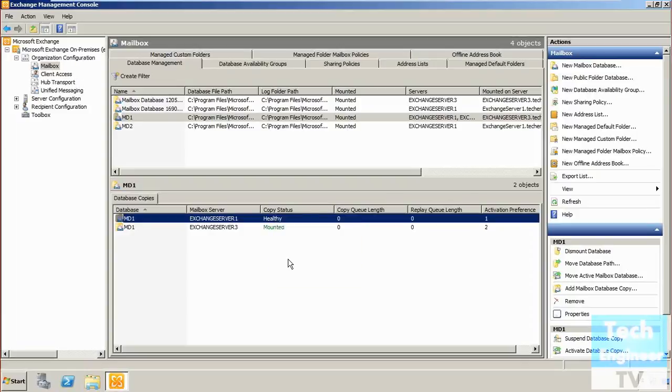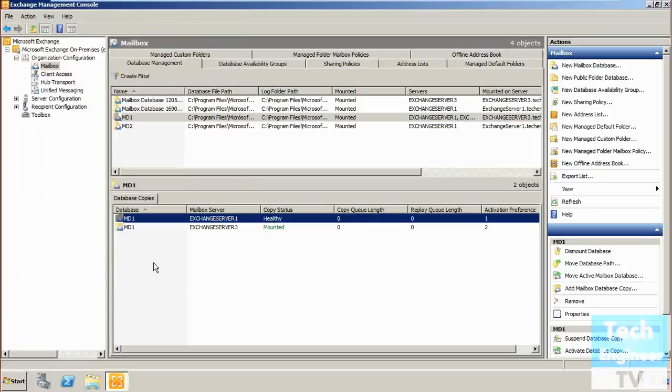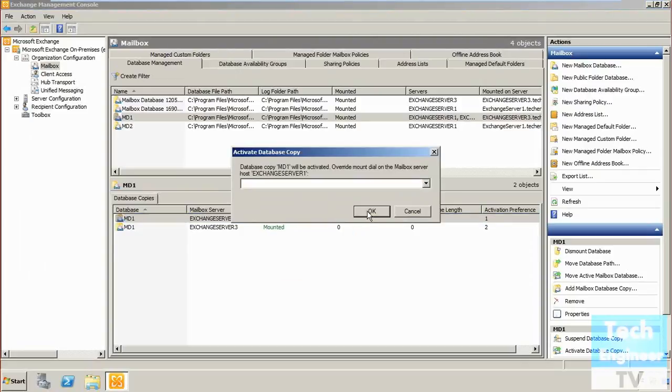Now, we can change the preference number, either to the lowest one or to the highest one. As of now it's the lowest, so we can keep that. But if we need to activate it, we can do that once again.